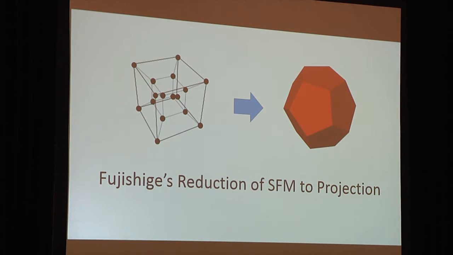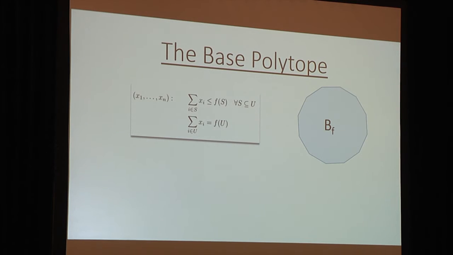Okay. So first, I'm going to talk about this reduction of Fujishige, which converts this discrete problem of finding the minimum of a submodular function to a continuous optimization problem. It's trying to find a minimum point in a certain polytope. So what is the polytope? Given any submodular function, there is this thing called the base polytope. If you've never heard of it, you don't have to look at the math. It's basically a polytope living in n dimensions, which has exponentially many facets. It has a constraint for every subset of